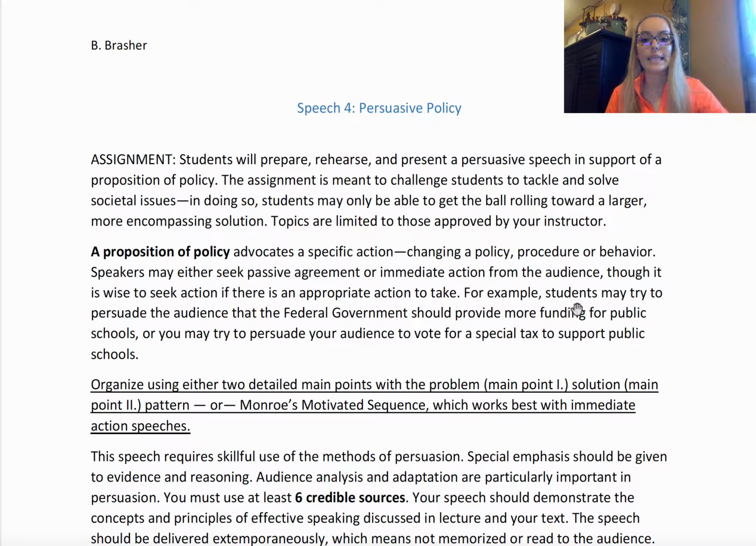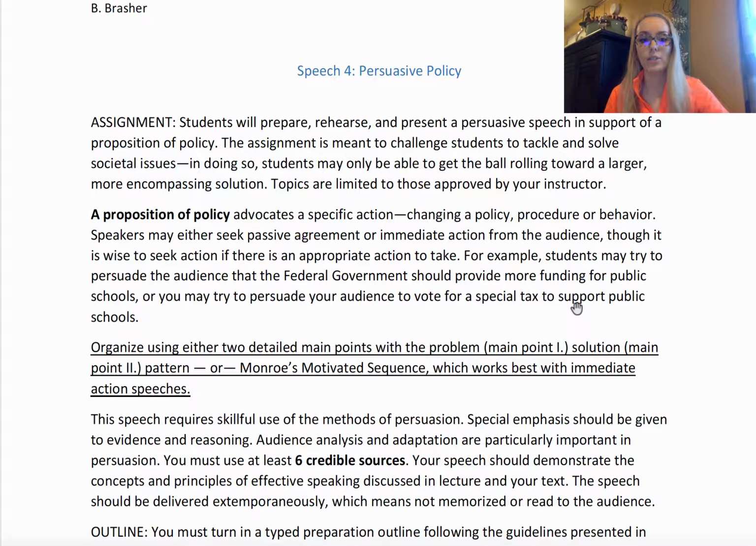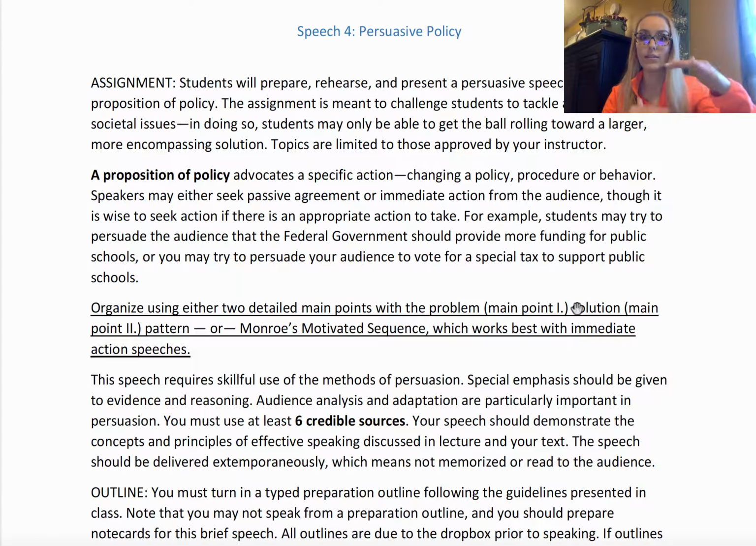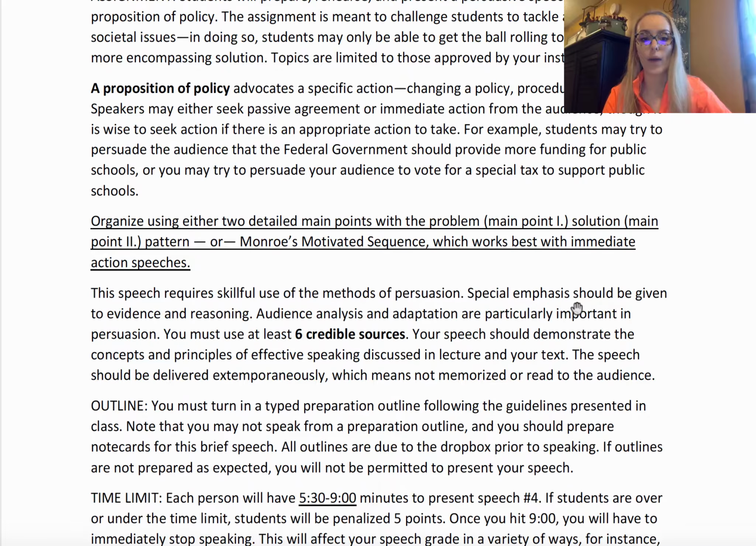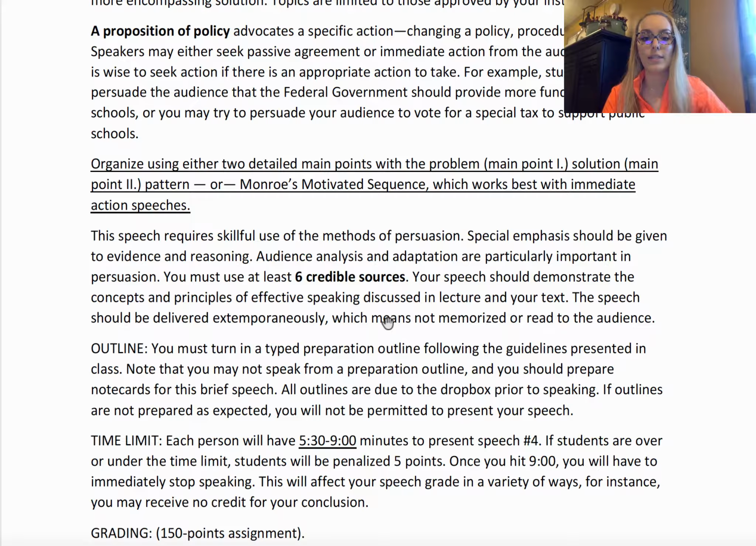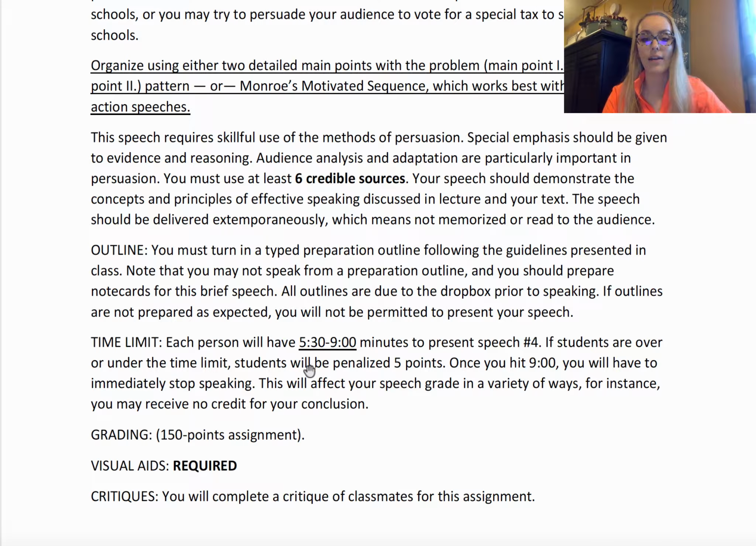So here you need at least 6 credible sources to support your message, and your speech should demonstrate the concepts and principles of effective speaking discussed in your lecture and in your text. So the delivery portion of our rubric is quite a bit bigger here. You must turn in your typed preparation outline prior to speaking, just like we've been doing, and you have 5.5 to 9 minutes. So I would say you're shooting for probably 6 minutes to 7:30 minutes to give yourself kind of